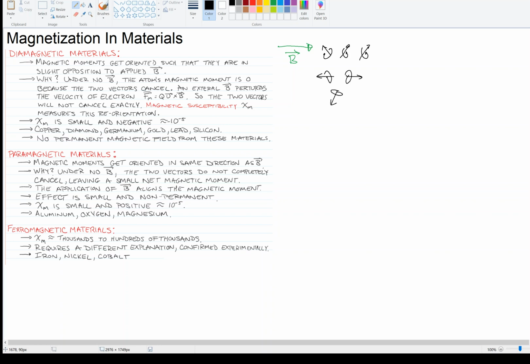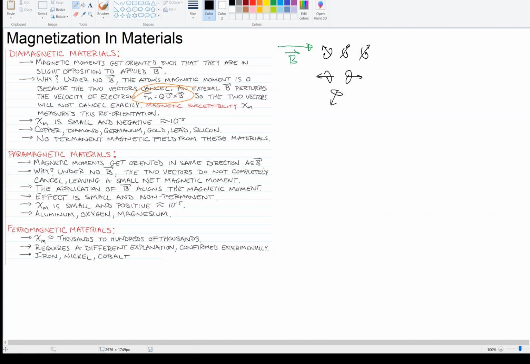So in diamagnetic materials, those two vectors cancel, and an external B perturbs the velocity of the electron according to what we've said in the past. The force on the electron is given by this thing here. So then the velocity of the electron changes, and now the two vectors will not cancel exactly,